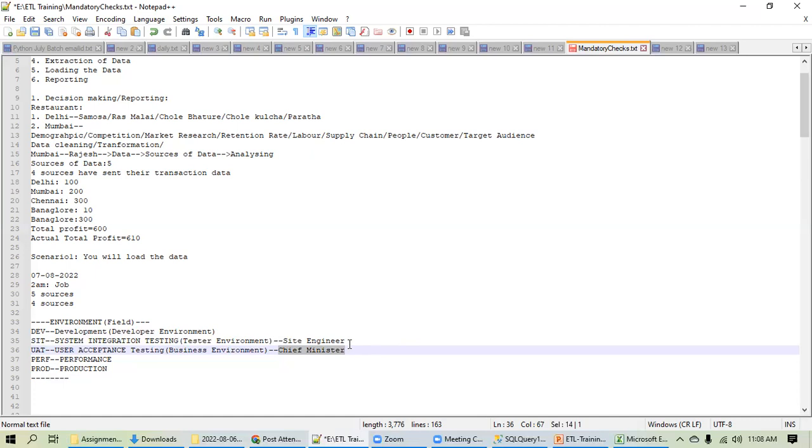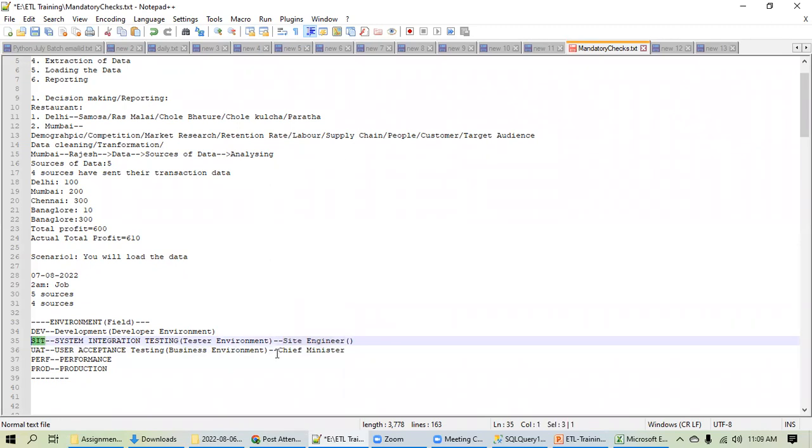Very good, great answer. The site engineer will be looking at the very minute things as well, but the chief minister will see at a very high level. At a very high level he will see whether the finishing is there or not, how many floors are there, whether a lift is there or not, and if it looks good, he will give an acceptance. But the site engineer will see at a very minute level what the safety of this is, what will happen if an earthquake occurs, if lightning strikes, whether you have any mechanism for lightning and all these things, right? Exactly the same thing happens in the IT industry in the SIT and UAT environments.